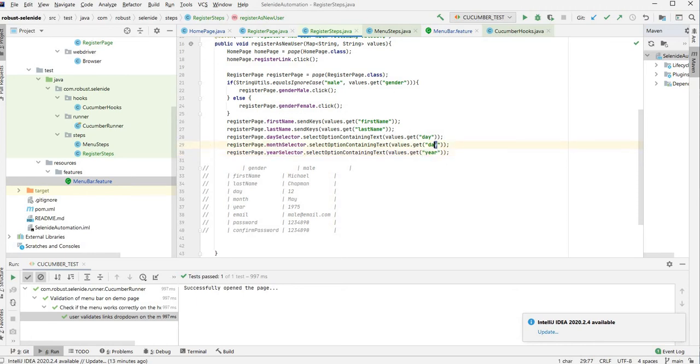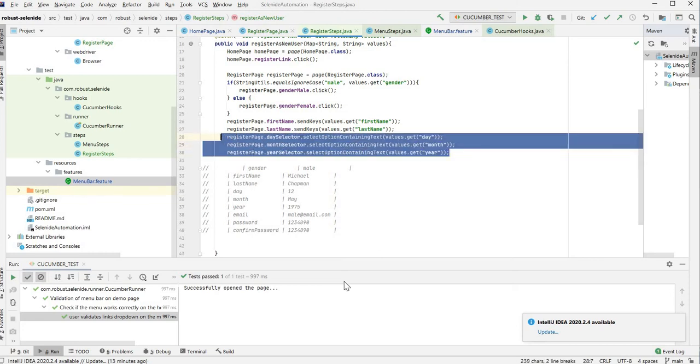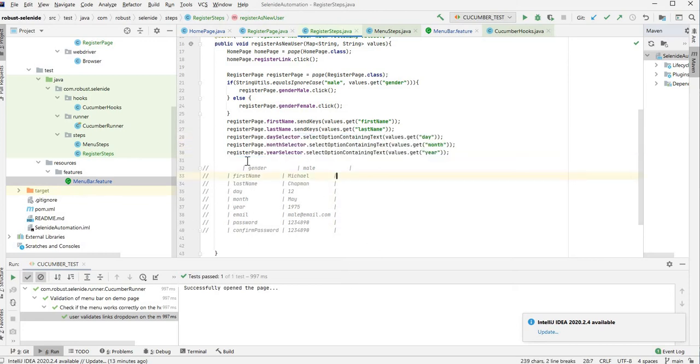Now it is going to use whatever value is provided in the feature file. So we're going to expect 12 May 1975 is selected when we run this test, because that's what we're passing. Now we have the email address, so